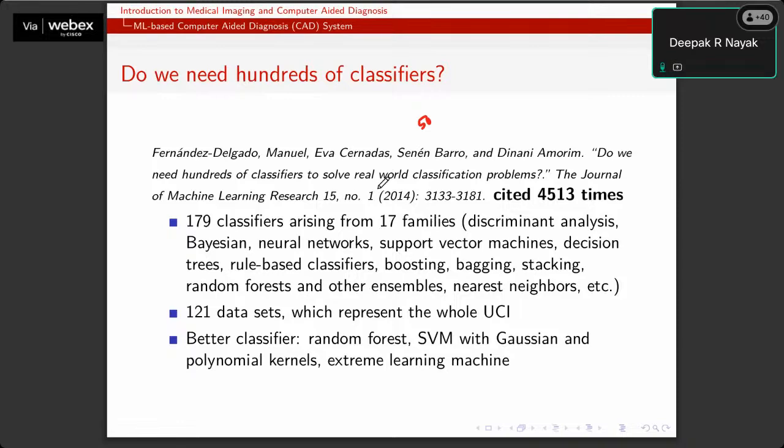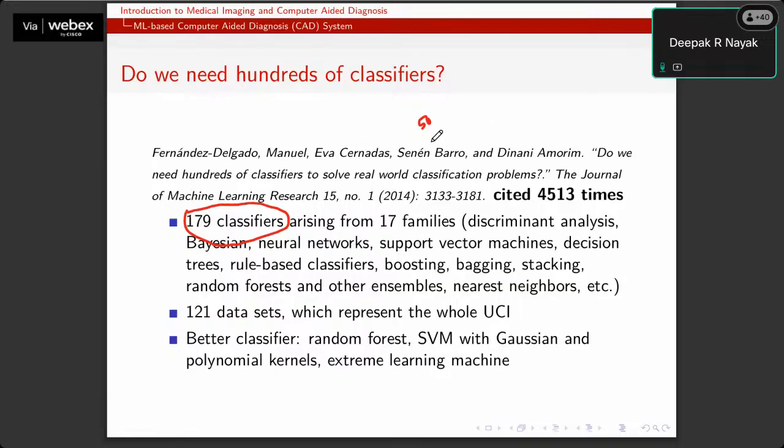In this paper, they have not developed any machine learning classifiers. Rather, they have evaluated the effectiveness of 179 classifiers. You told me nine classifiers exist, right?